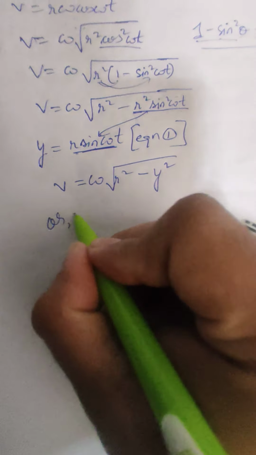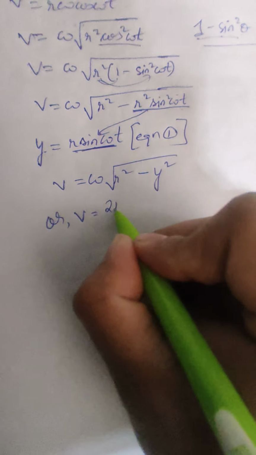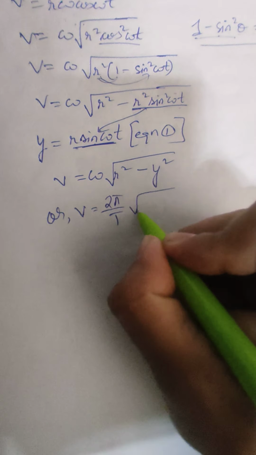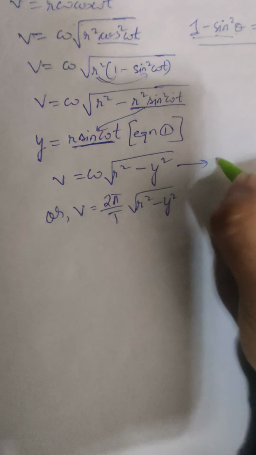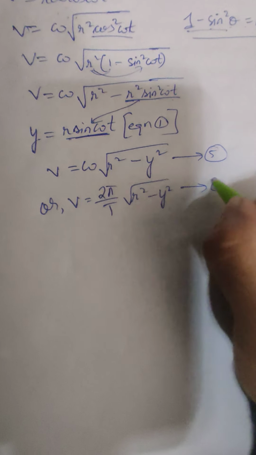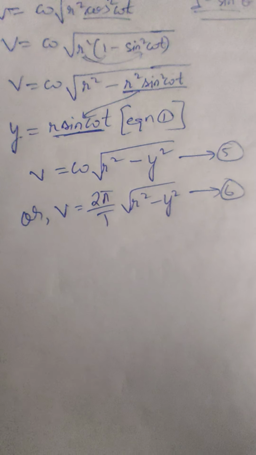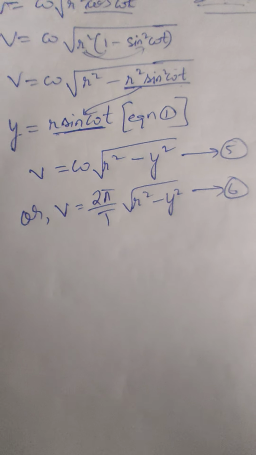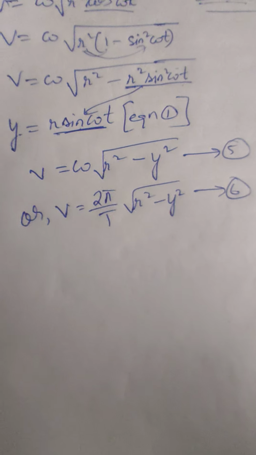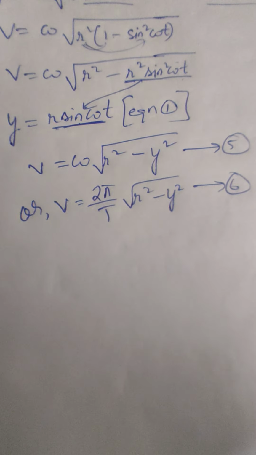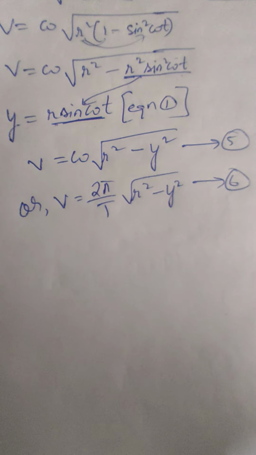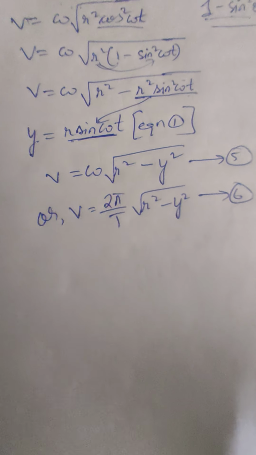So it is still the same. Finally, if we put the value of omega, it will be 2 pi by T root over r square minus y square. Let's call this equation 5, and this equation 6. Either equation 5 or 6 can give the velocity of simple harmonic motion. Depending upon the data given by the numerical question, we can apply any one of these equations to solve for the